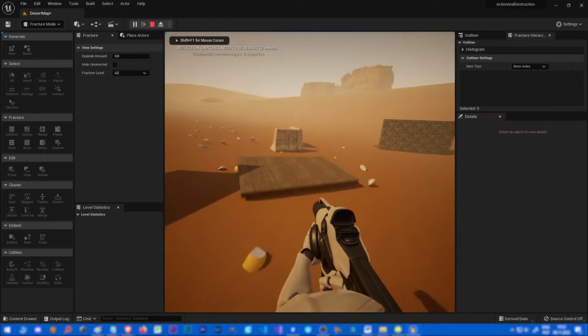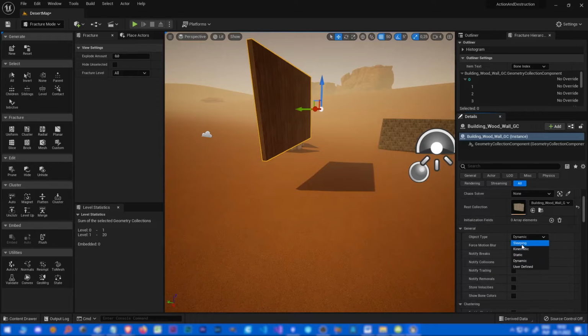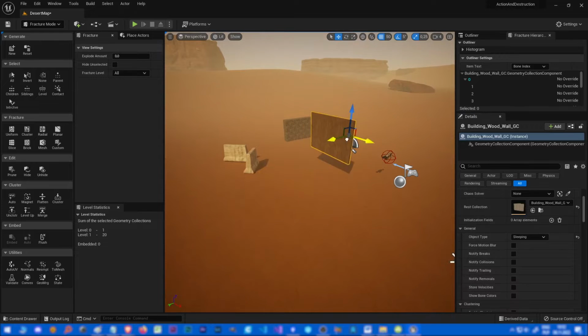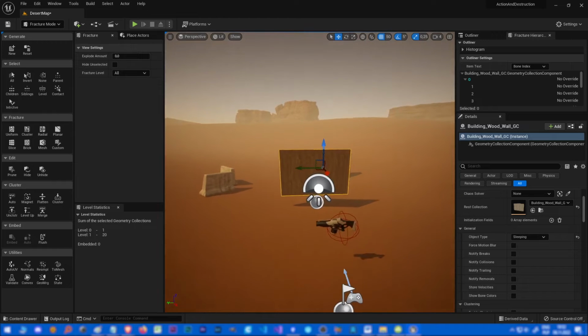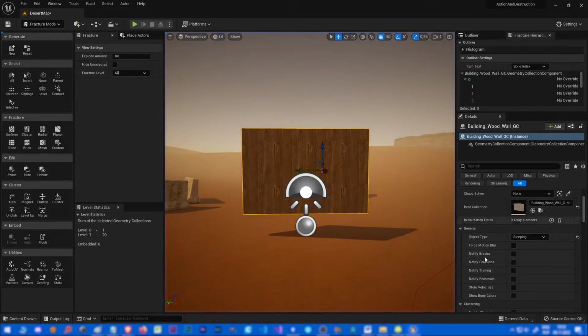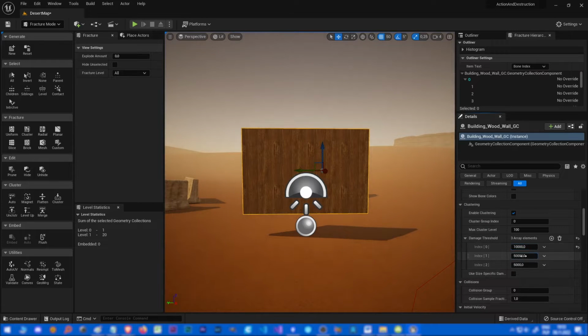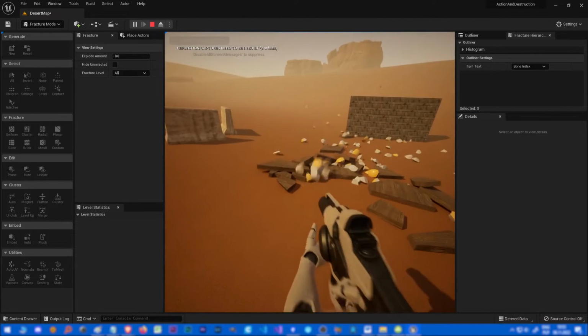The damage threshold is too high, so we can lower it, and we can also set it to sleeping so it doesn't fall at the start. From now on, we just want to make a good fragmentation, so we don't need to place it or whatever. It can just be sleeping, and well, it's too strong still. Okay. Oh, perfect. Well, doesn't look like wood, does it? So that's why we want